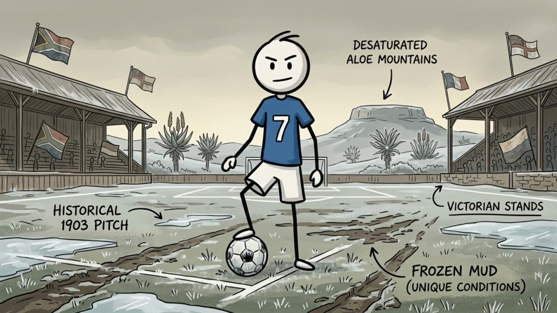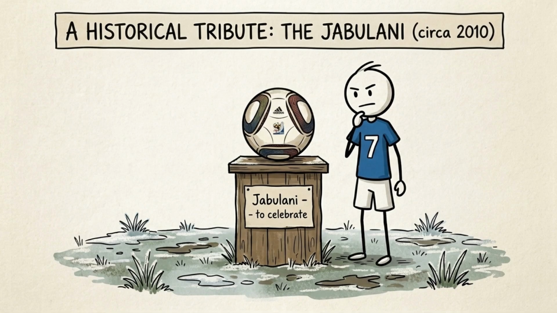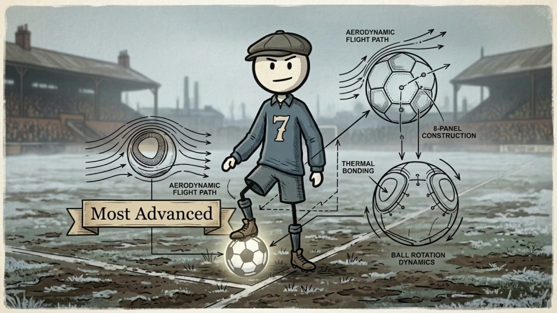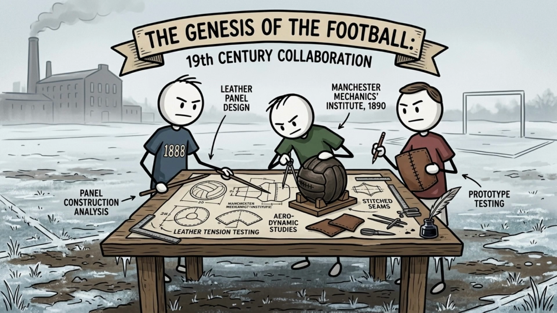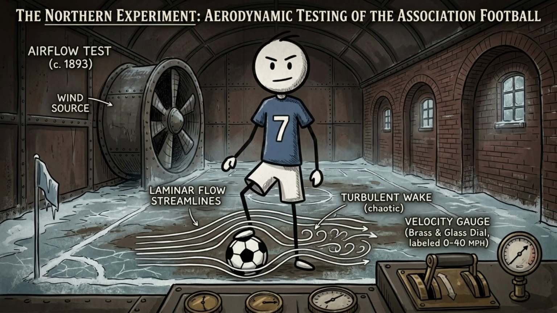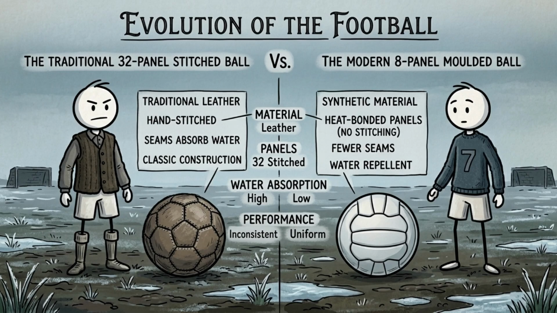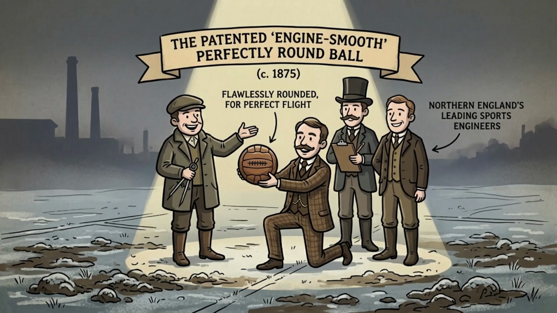For the World Cup in South Africa, the first ever held on African soil, Adidas produced a ball called the Jabulani, a Zulu word meaning to celebrate. It was the most advanced ball ever made. It had been developed over 4 years, in collaboration with a university sports technology institute, tested in wind tunnels, refined again and again. Instead of 32 stitched panels, it had just 8, molded and thermally bonded, glued, not sewn, into what the engineers proudly called the roundest, most perfectly spherical ball in the history of football, and the players hated